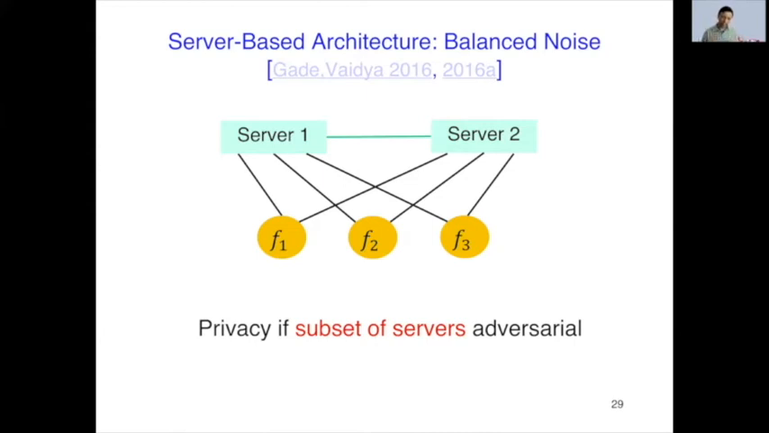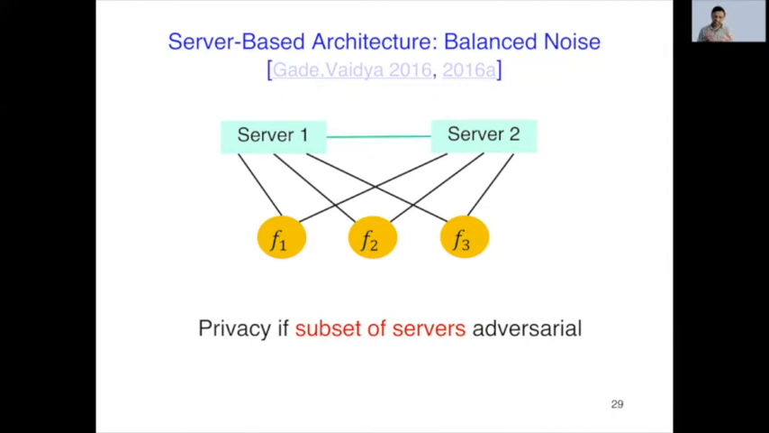To apply this notion of cancelable noise or balanced noise, as the slide says here, to the server-based architecture, we are going to need multiple servers. This idea doesn't work with just one server. And so that's the price being paid for accuracy. It needs multiple servers. And the scheme provides privacy if and only if a subset of the servers is adversarial,